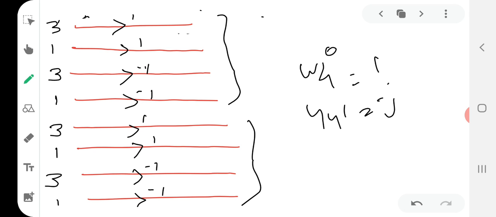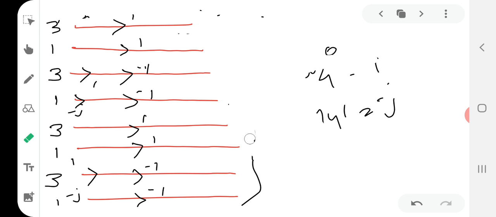Where will we mark here? This value will be marked here, that is, this will be 1 and this will be minus j, like that, and like that here also this will be 1 and this will be minus j. Okay, like that we have to mark the value. Now we got the value. Now how are we drawing the cross mark? See here,